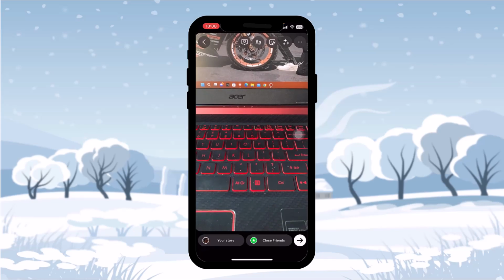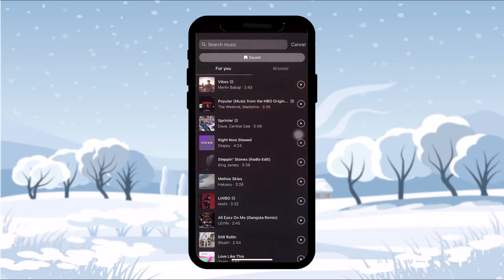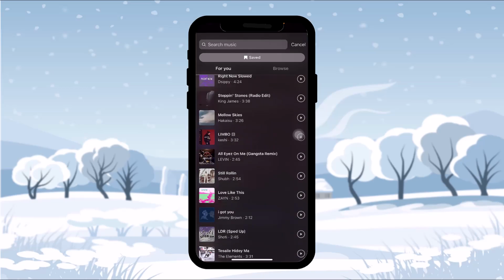Now once you record a video, all you gotta do is simply tap on the options at the top of the screen that has a smiley icon on it. Simply tap on that, and on tapping that you'll have an option that says music. Now all you gotta do is simply tap on the music, and now either you can search in the search bar or simply scroll down and select the music that you want, and on tapping that you'll be able to select